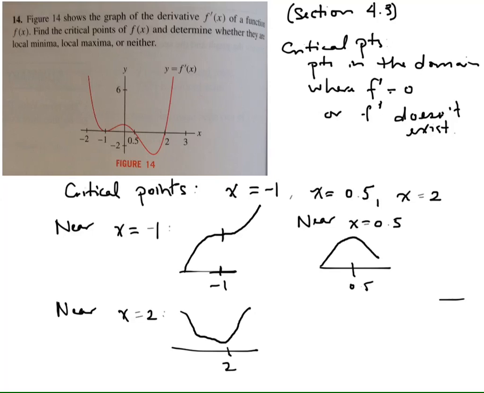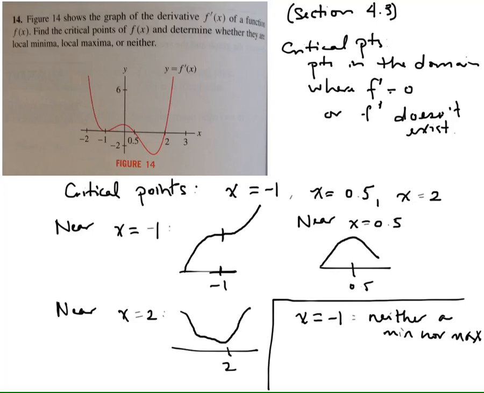So maybe I should just write down the final answer here. That x equals -1, it's a critical point, but it's neither a min or max. At x equals 0.5, we have a local max. And at x equals 2, we have a local